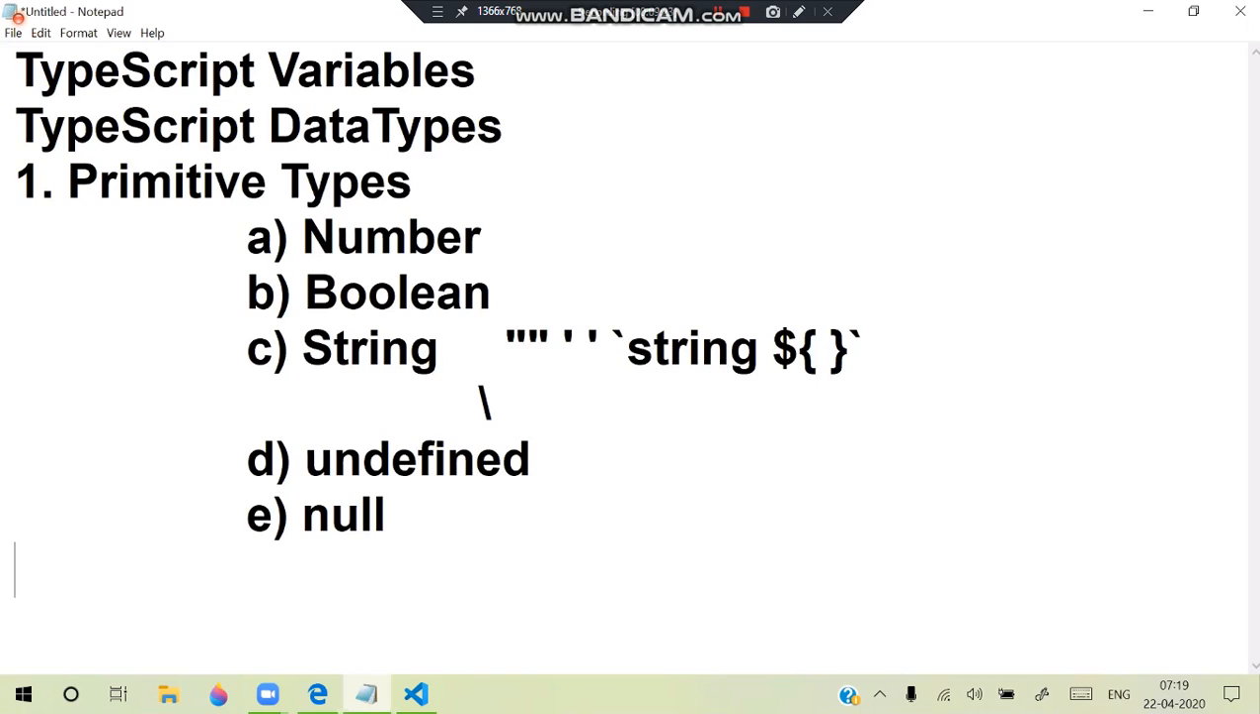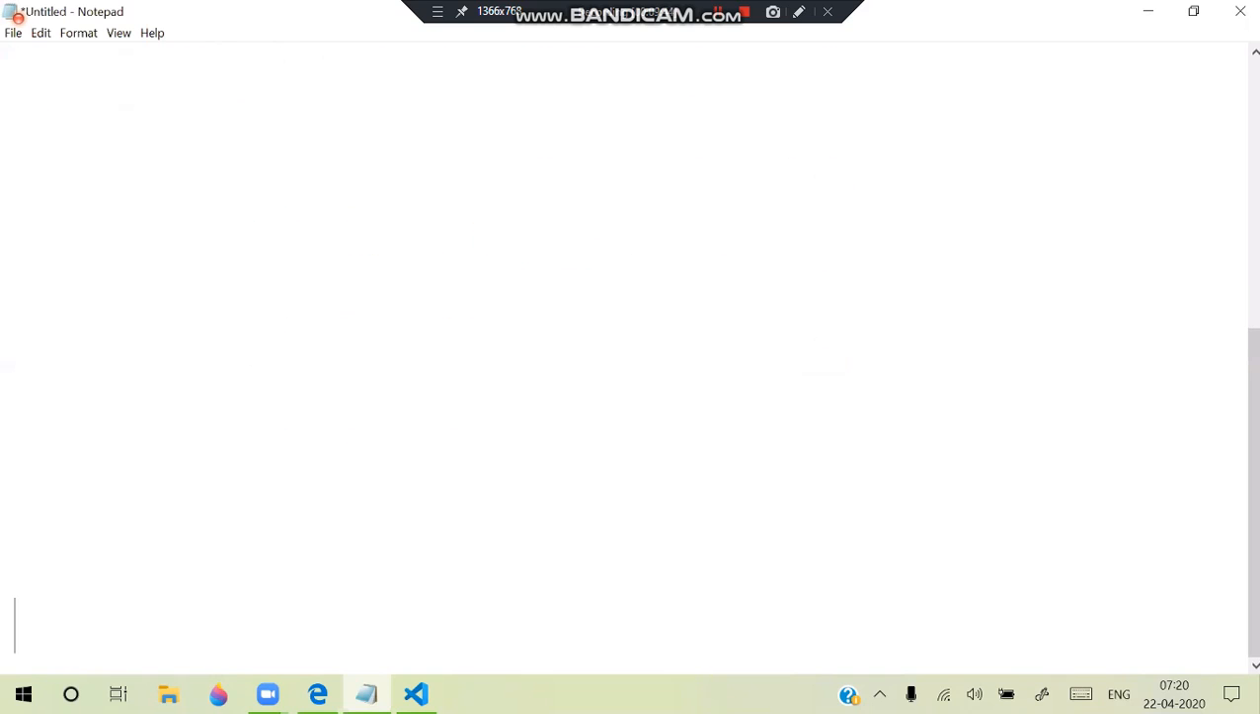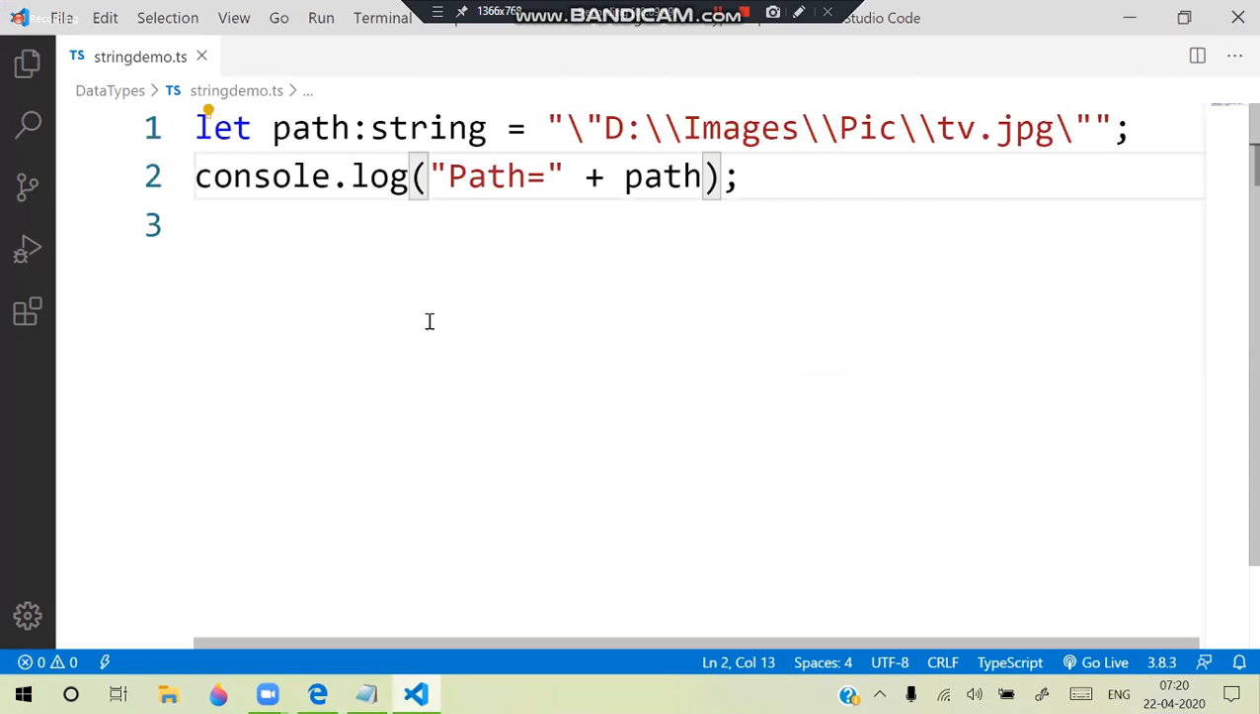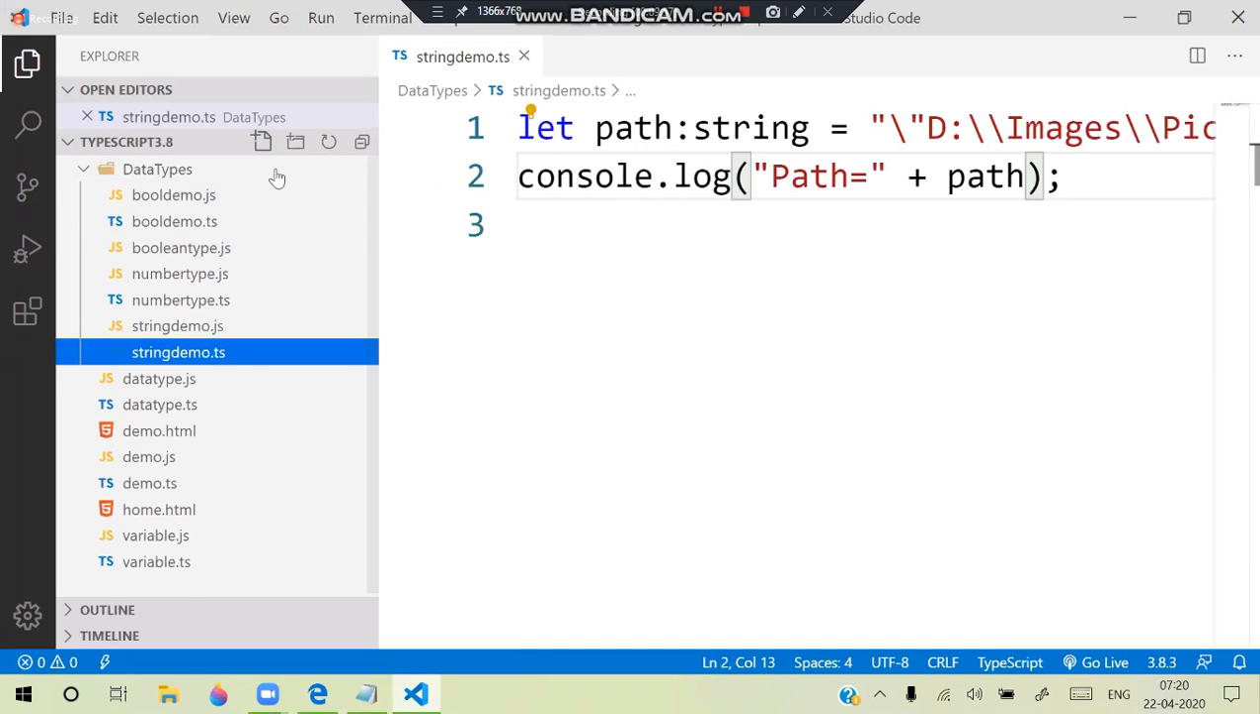What is exactly undefined type and what is null type? Let's see one basic point about them. Technically, when to use them. So what is null and what is undefined? Actually, suppose you are declaring a variable. So let's declare a variable. Okay. So I will say